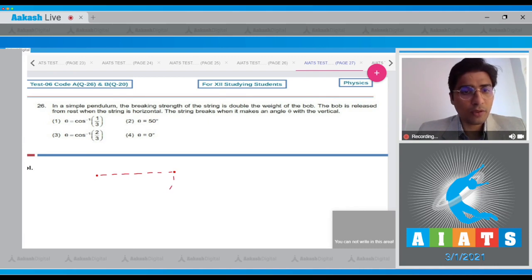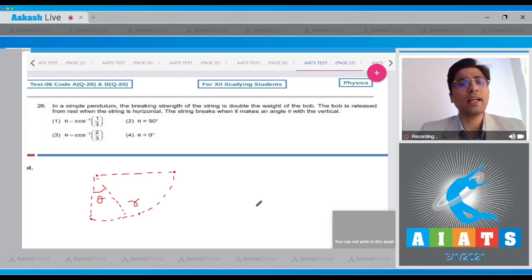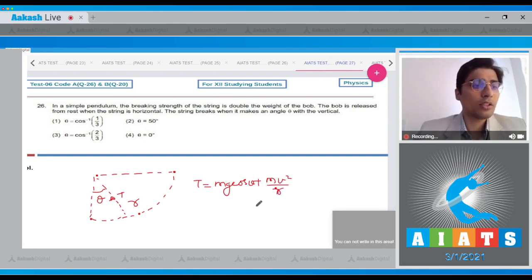let this be the pendulum. It moves down in a circular path and the length of the pendulum is r. Let this be theta, that is the angle at which the string breaks. Now at this point, let the tension be T. We can write down that T will be equal to mg cos theta plus mv square by r, from the concepts of force. Now dear student,